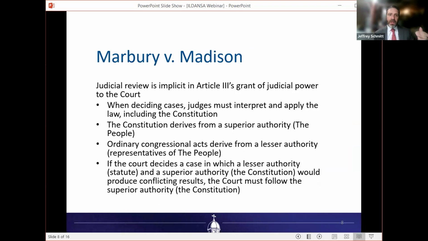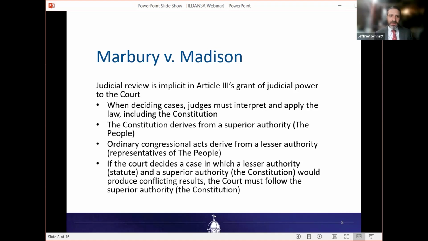Their justification for it is important. They say the Constitution gives the courts the power to interpret and apply the law. The Constitution says the federal courts, the Supreme Court, needs to decide all cases under federal law. The Constitution is supreme. It tells us that. There's a clause in the Constitution that says if there's any conflict with the Constitution, it wins. It is supreme in authority. It is stronger in authority than a federal law or a state law.